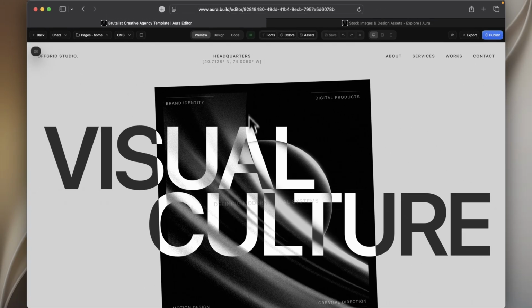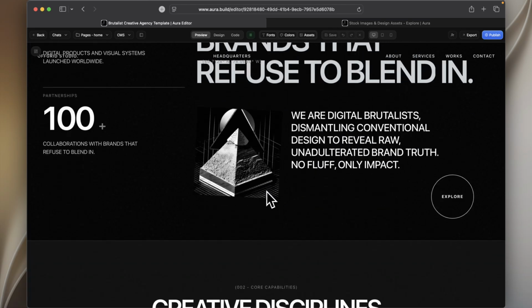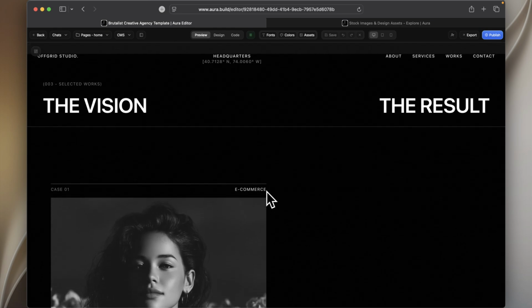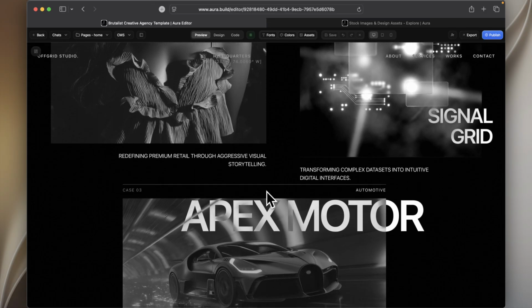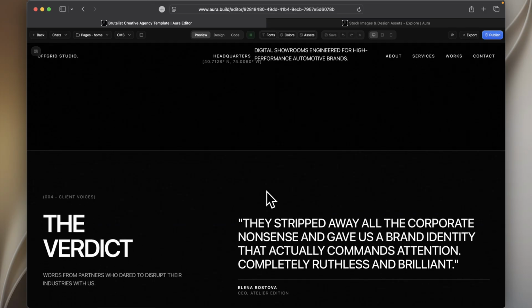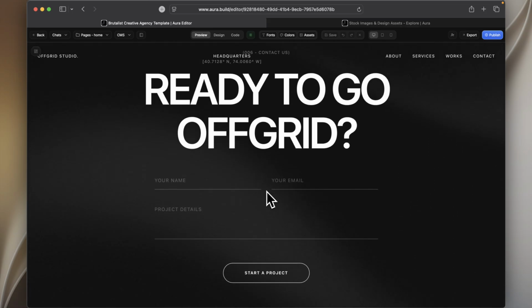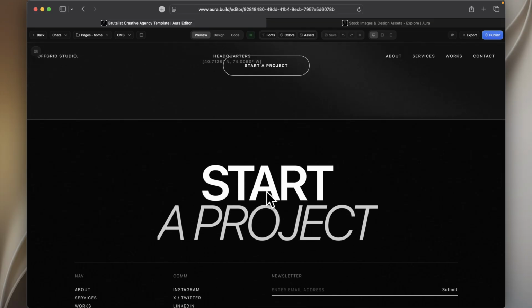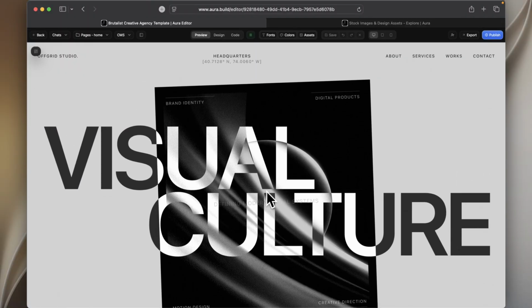So this is the final version, guys. We now have the Off-Grid Studio brand, updated copy, a cleaner hero animation, animated project images, a testimonial, a contact section, and working navigation links. It's clearly inspired by the original Brutalist reference, but it feels like its own landing page